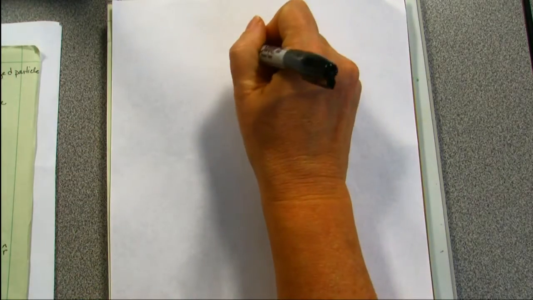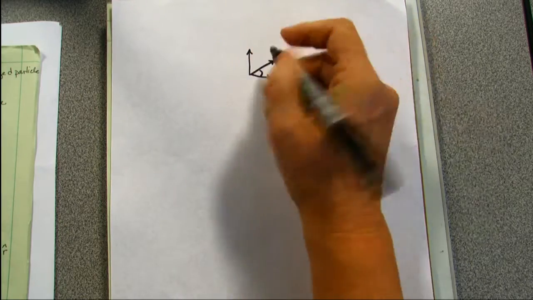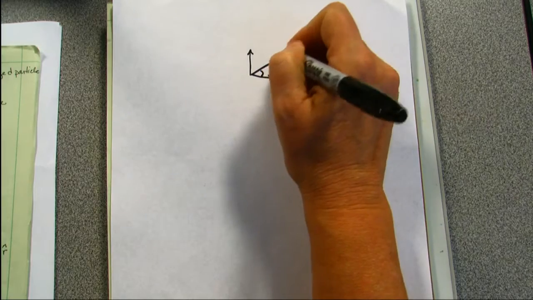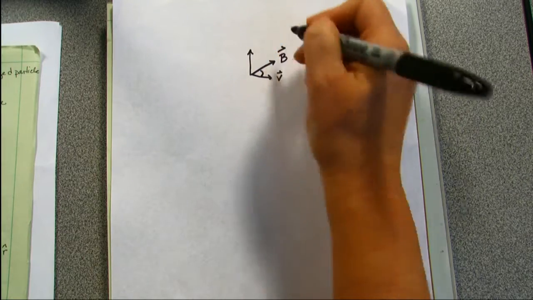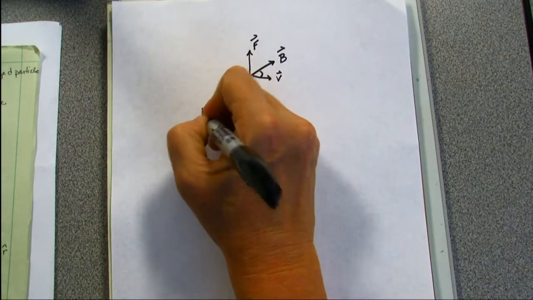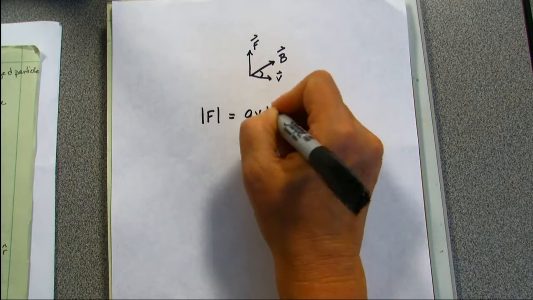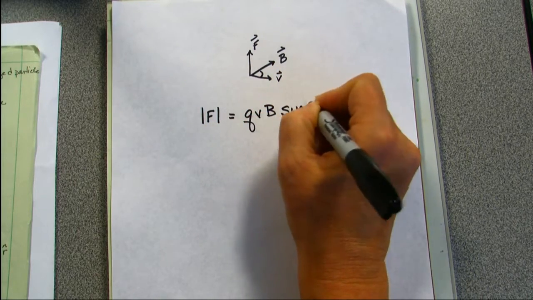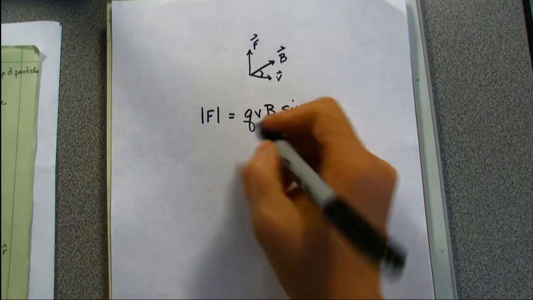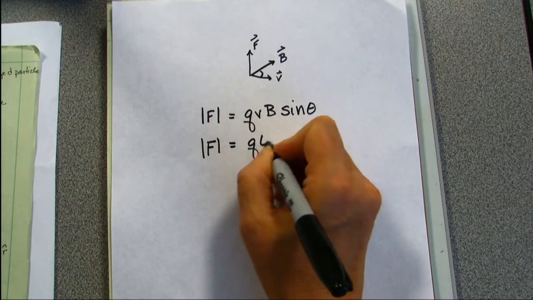Okay. So we had talked on Monday about this, that if I have a plane, this is my velocity vector, this is my magnetic field vector, this is going to be my force vector, and we could do the right-hand rule, and that would give me that the magnitude of the force equals QvB sine theta. Key here is, if you remember, the magnitude of the force for an electric field is just QE,